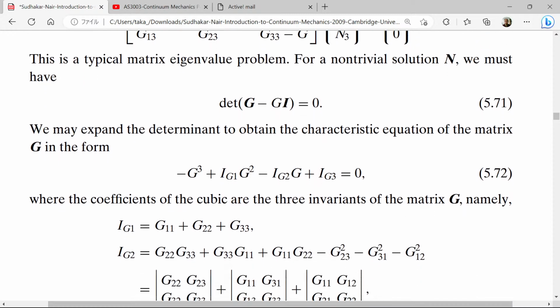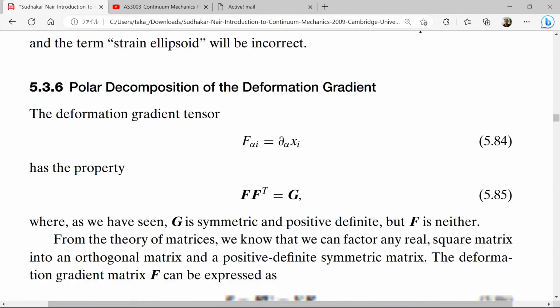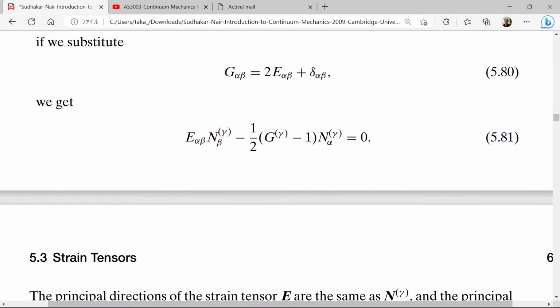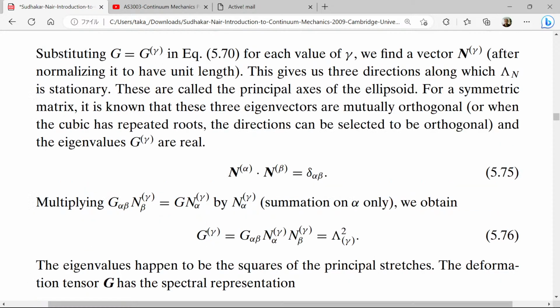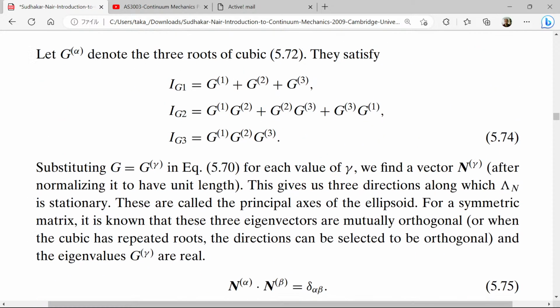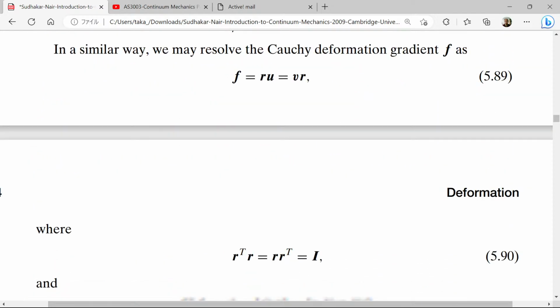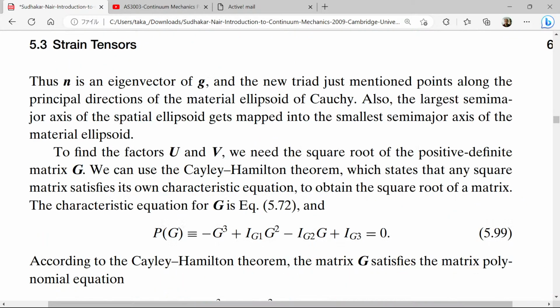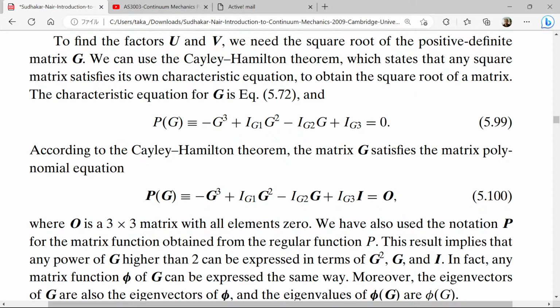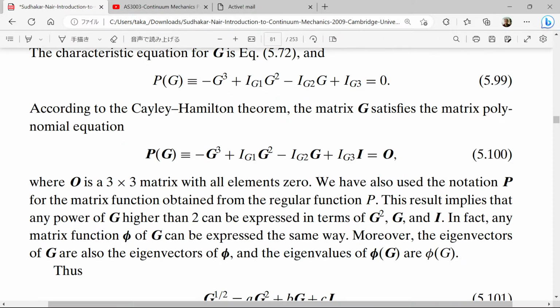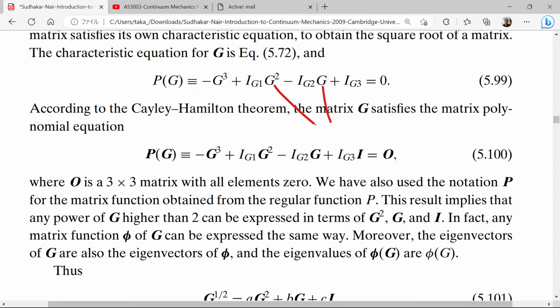Eigenvalues satisfy this equation. The matrix, you just replace the eigenvalue with the matrix itself. Then you get the Cayley-Hamilton equation. So these are eigenvalues, and this is the original matrix